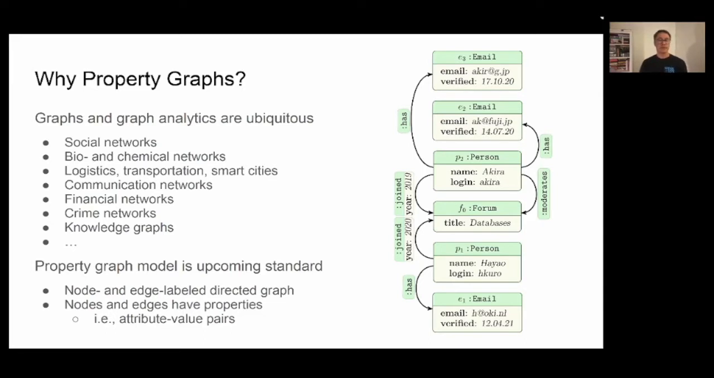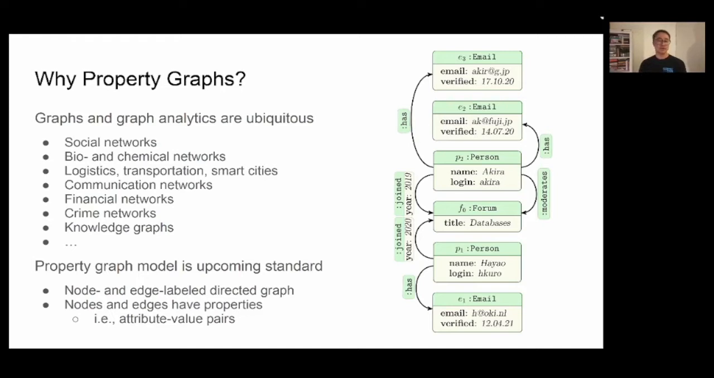Some examples include, say, role analytics in social networks, pattern discovery in bio and chemical information networks, routing problems in logistics and transportation in smart cities, analytics on communication networks, financial networks, crime networks, and knowledge management in the form of knowledge graphs. In this space, the property graph model is an upcoming standard being used already in a wide